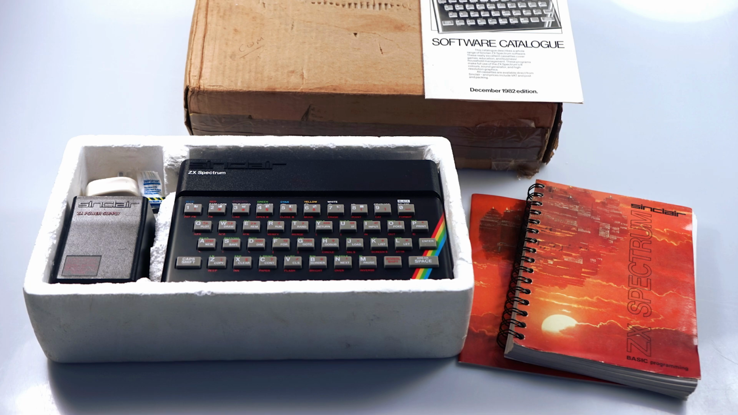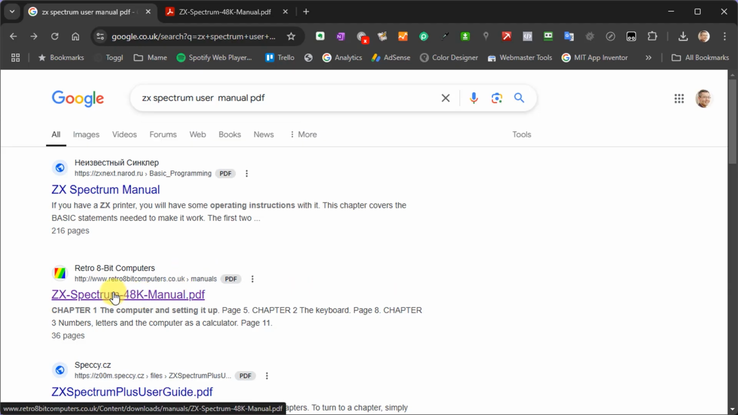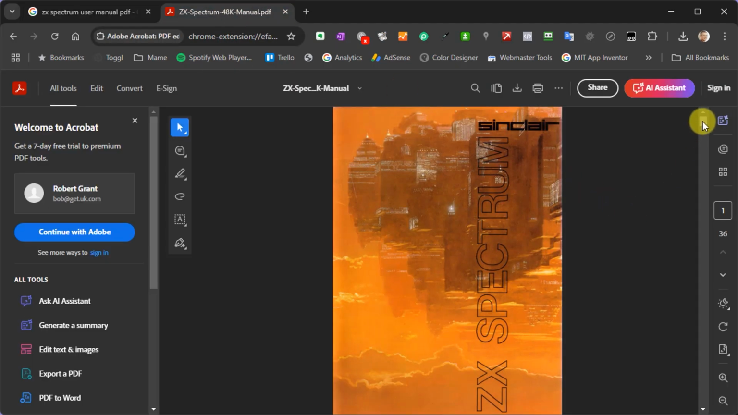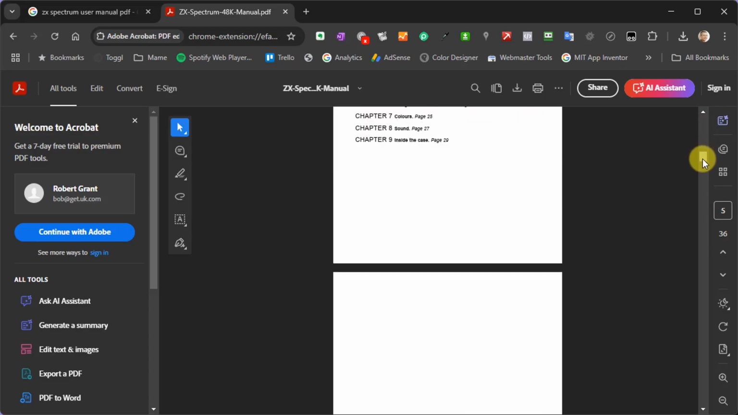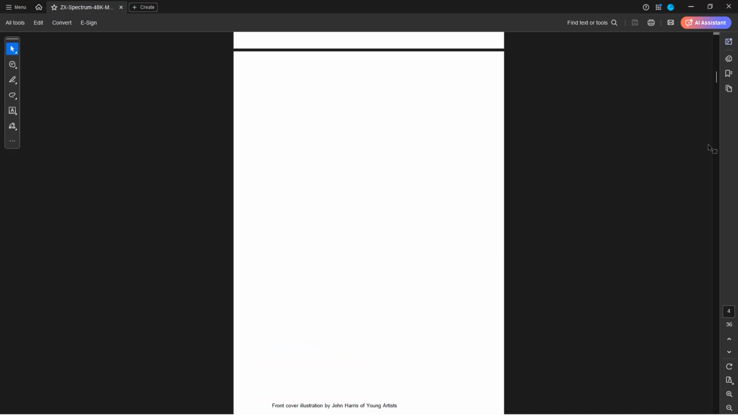So let's get hold of one of these for our ZX Spectrum. Again, if we go online and simply search for ZX Spectrum user manual, we'll get a range of options. And this one here, I happen to know, leads off to a full PDF version of the real original ZX Spectrum user manual. As I mentioned, these manuals really were designed to take you from, well, basically you